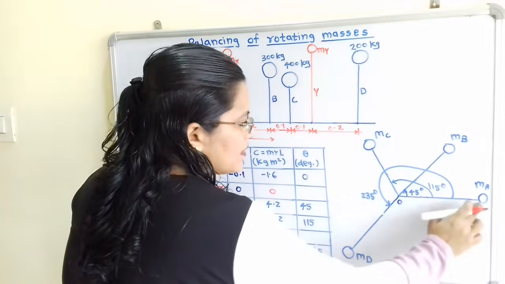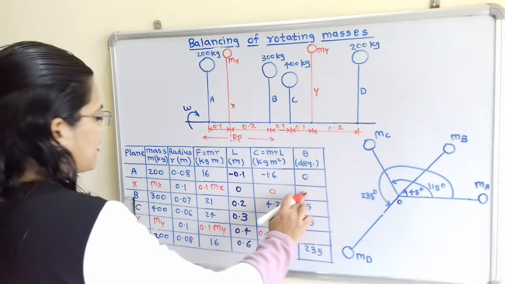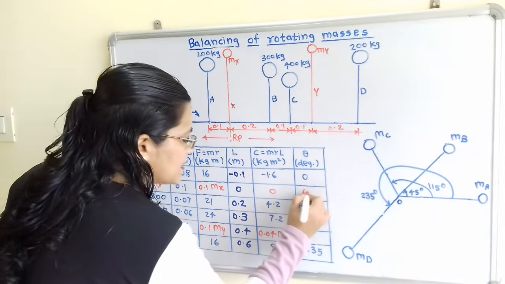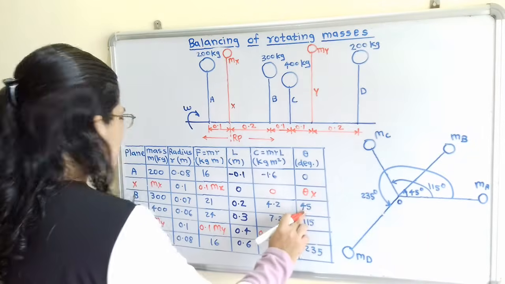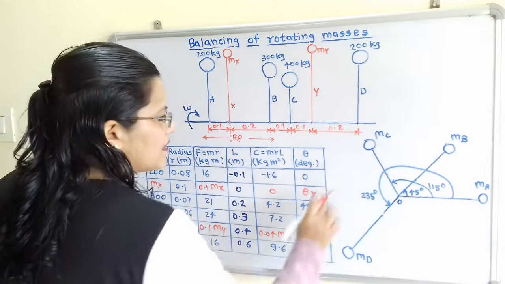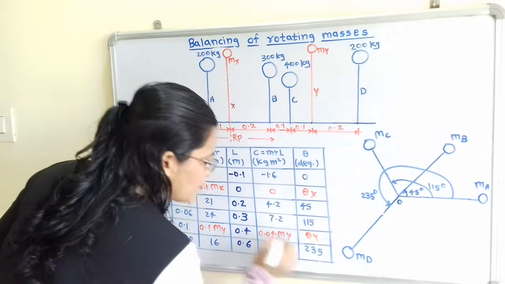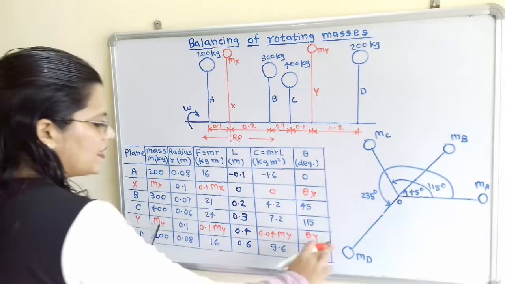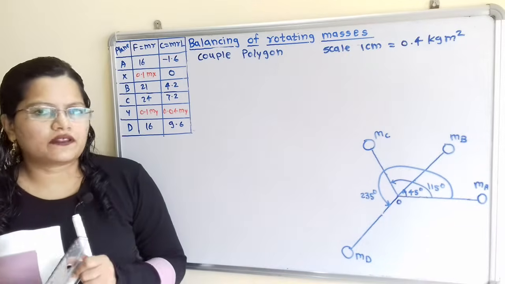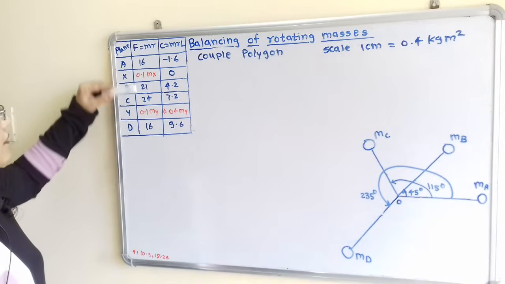So plane A is having angle 0 degree. Then X. This angle for the X plane is not known, so we will say here theta X. Then for B, B is at 45 degree. Then C is at 115 degree. Then Y. This angle is also unknown, so we will write here theta Y, and for D it is 235 degree. If we compare the values for force as well as couple, then for force there are two unknown